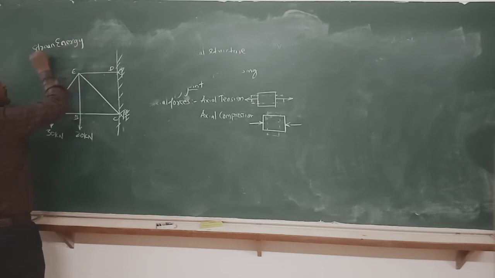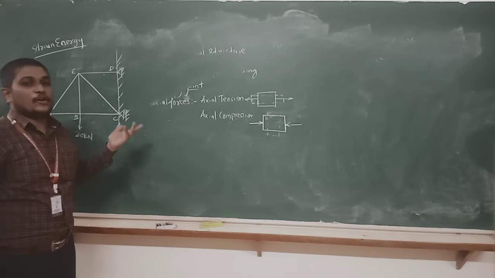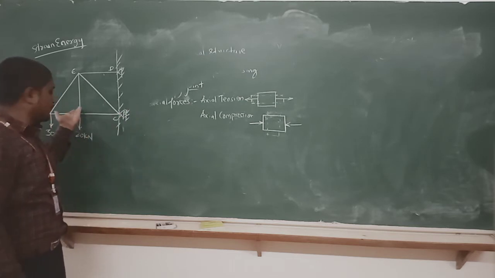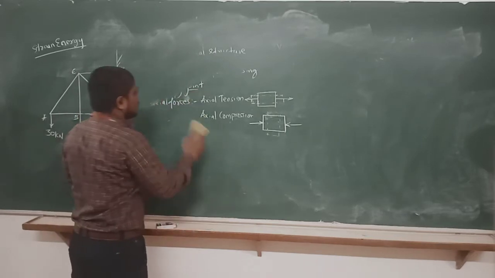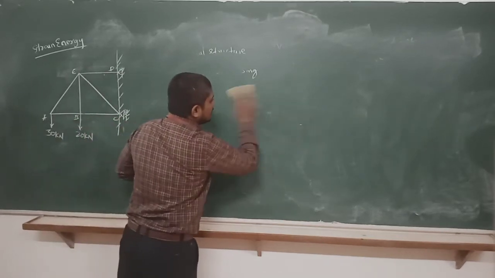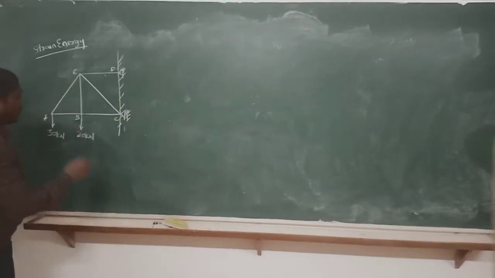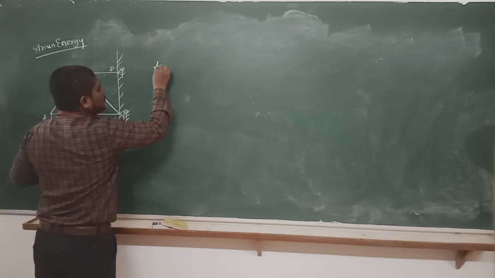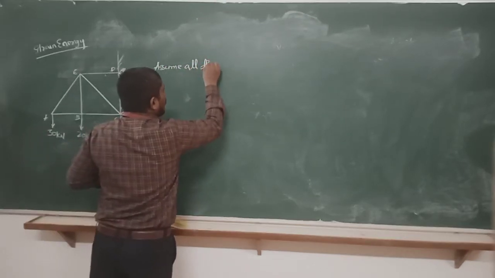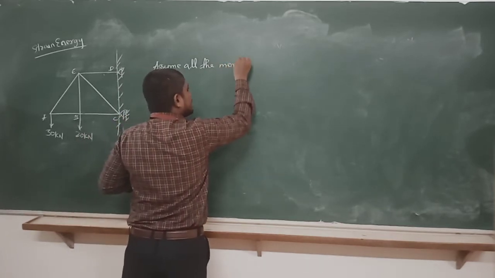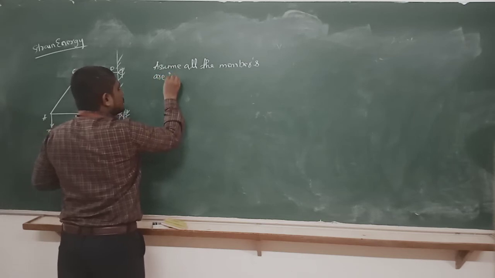So this principle only we are using here, and we are calculating the deflection or displacement of a joint in a particular truss at a particular point by using the energy principles, out of which we are using the first principle, that is the virtual work principle. These are the fundamentals we are using here. Now initially what we have to assume is all the members are in tension.